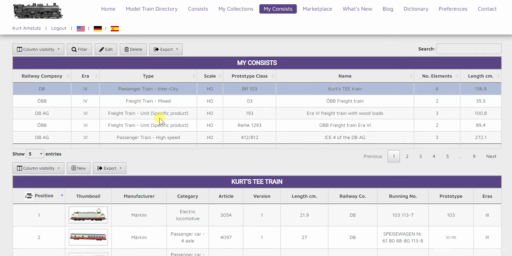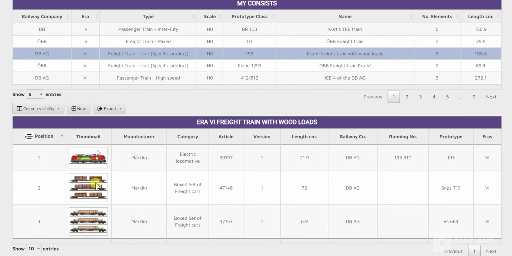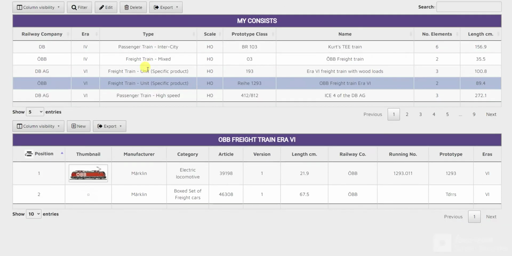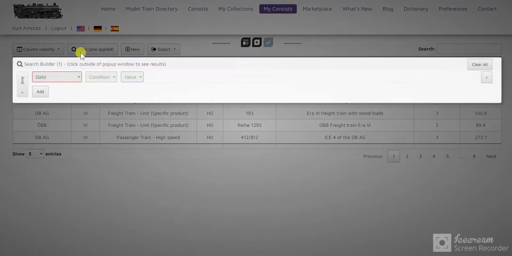Okay, so once you get a list of items here, of consists here, you click on one and you can see exactly what composes that train. Okay. And if you need some ideas here, you can go to the filter and you can say, okay,